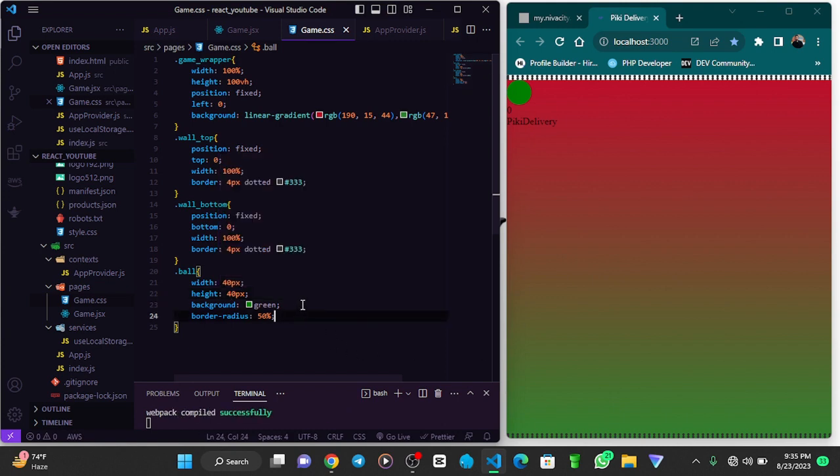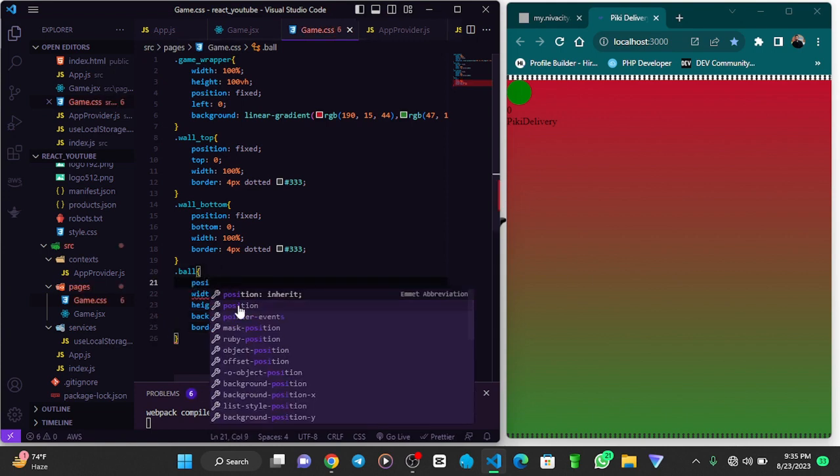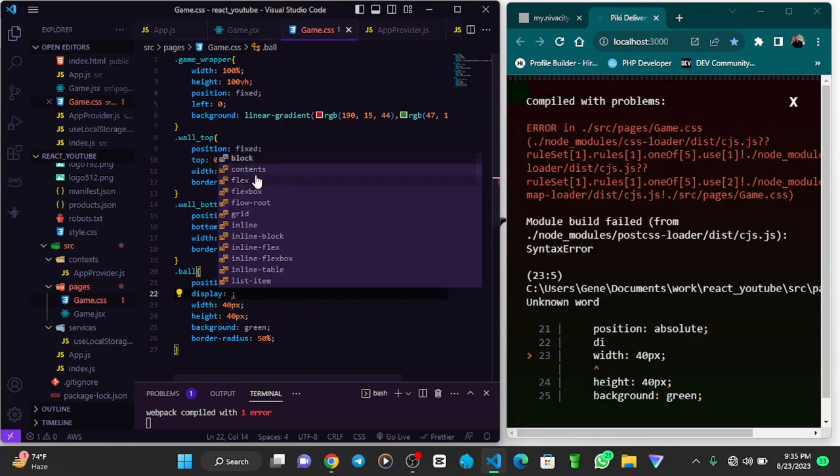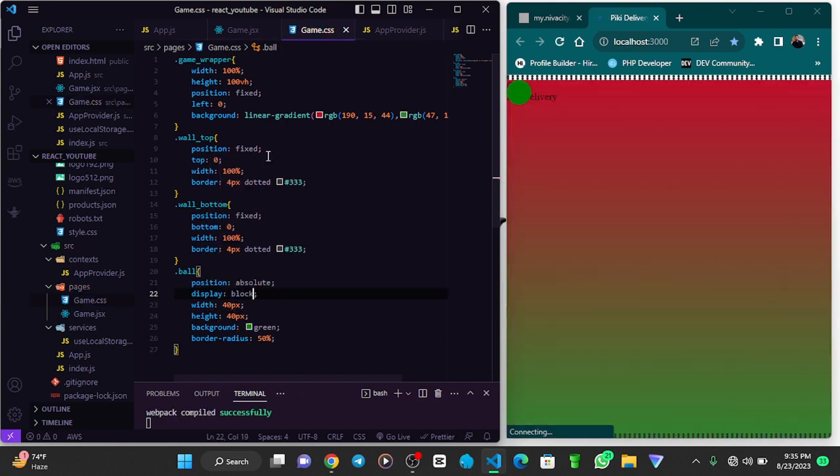Then we give a position of absolute, because we want this ball to be moving, and a display of block. So I want this ball to be moving,